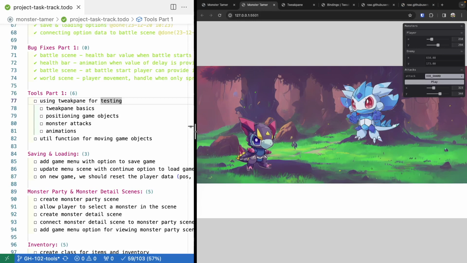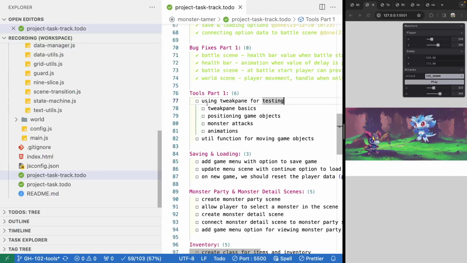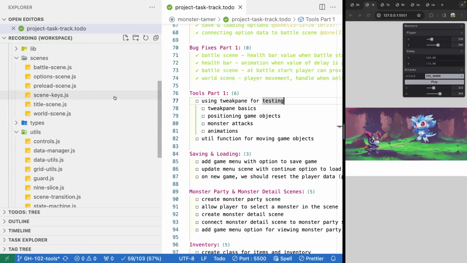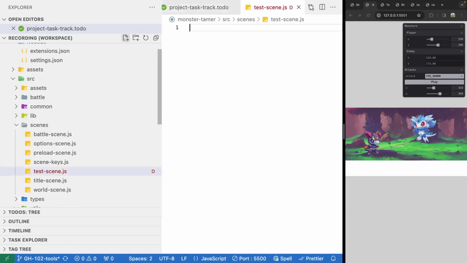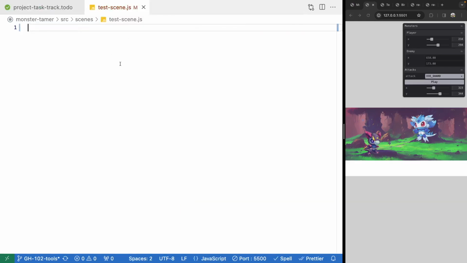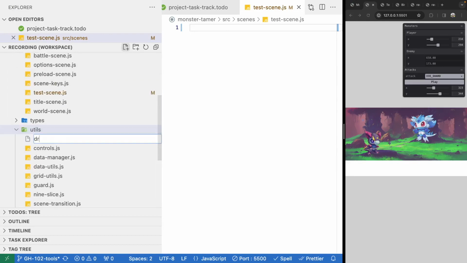To get started, let's come back to our code. First, we're going to make a new test scene. Under our scenes folder, let's make a new file. We're going to call this test scene.js. Then under a utils folder, let's make a new file. We're going to call this